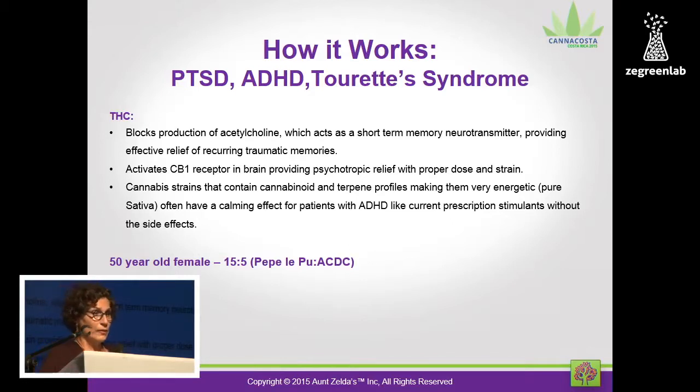THC. And if you have PTSD and you're reliving things over and over and over again, and you're in a constant state of fight or flight, then you want to have that interrupted, because you want to be able to create a state of homeostasis. And you can't do that if you're constantly in a fight or flight. So having the interruption of the short-term memory is a positive thing, and that's what allows people to have more